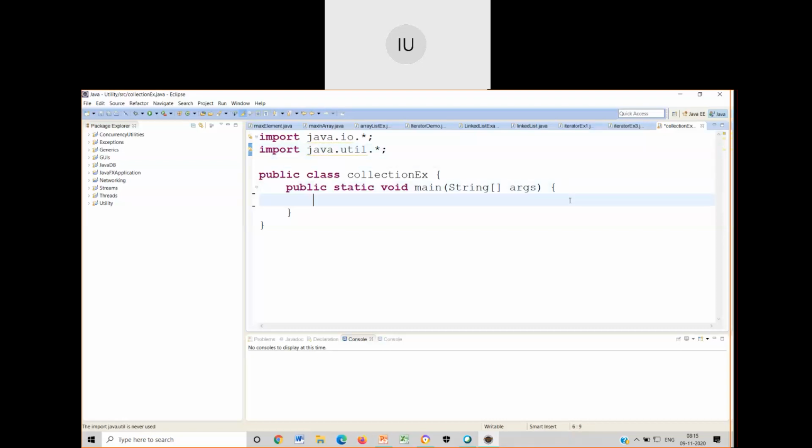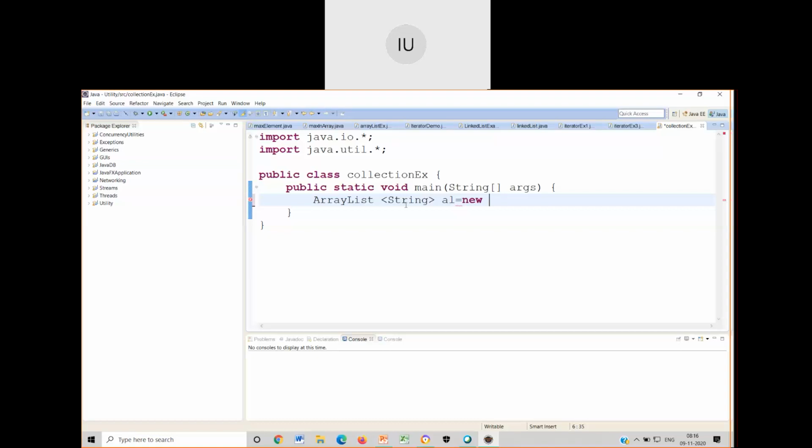Then inside the main, let me first create a very simple kind of list called array list al. When I'm writing array list, before I write the name of the object, I will append the type of the array list that you are creating using generics.